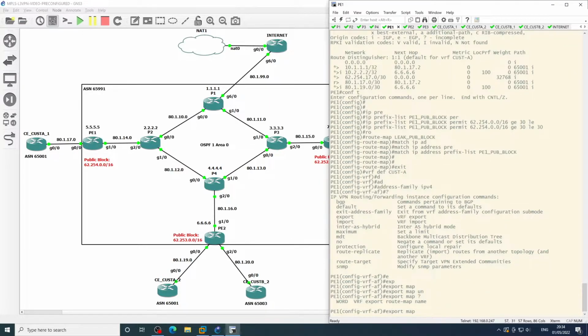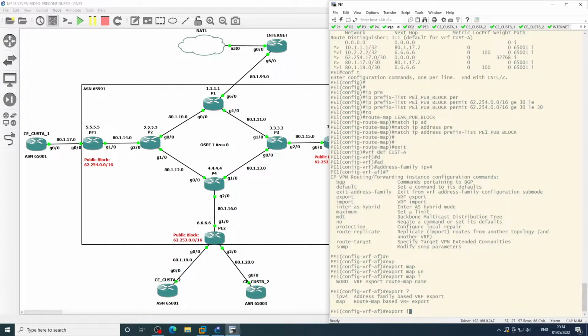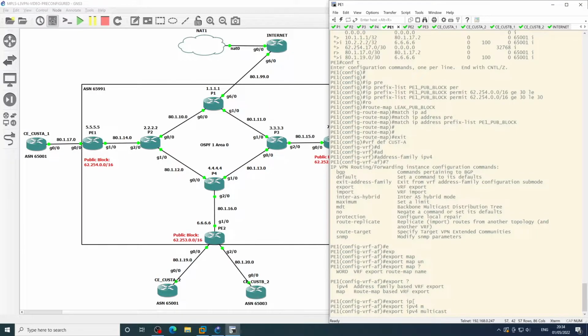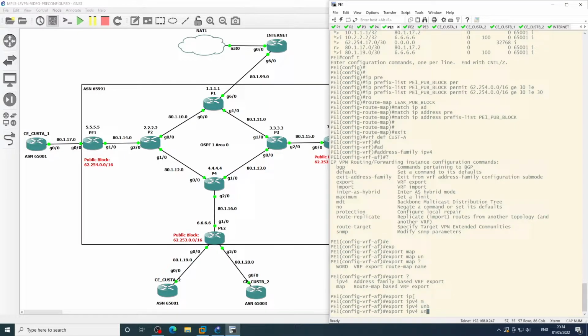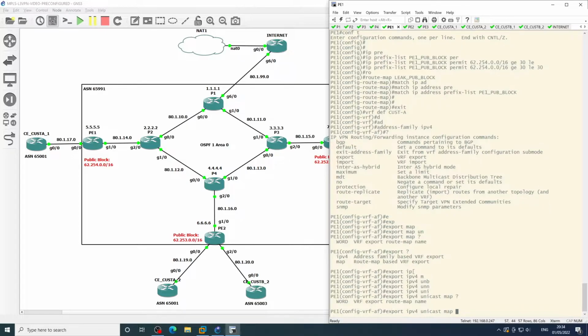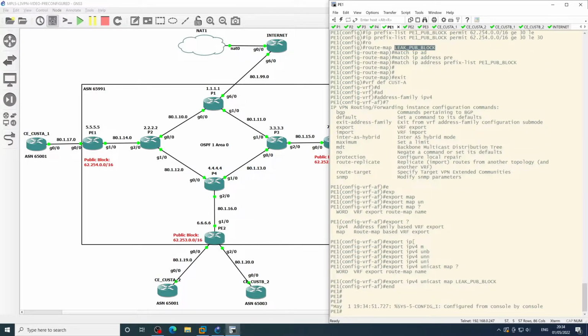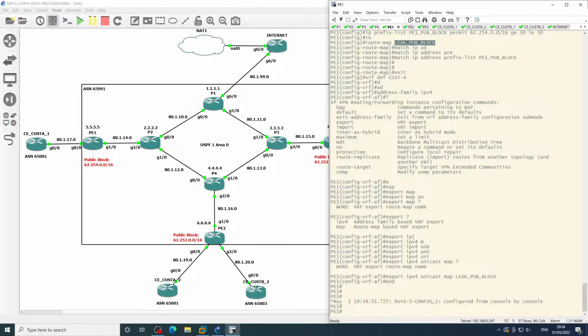Actually no, it's IPv4 unicast map, and then it wants the VRF name, which is not that, is that. Okay, so this will take a second because, like I said, it comes to the PE as a BGP update, which seems a bit weird,